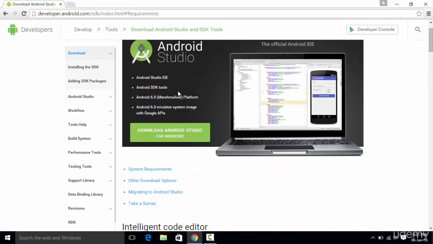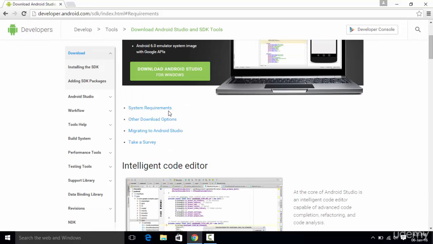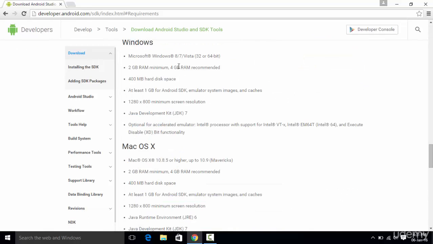an emulator built in which is going to allocate some memory to the emulator or to the virtual device. So it is going to create a virtual device for us so that we could run our Android applications, and it needs to allocate some memory separately to it. So you need at least 4 GB of RAM if you want to install the Android Studio. It works on 2 GB RAM, but the thing is that it takes a lot of time for the emulator to load up, and you'll have to wait a lot for the app to get running on the emulator. And also make sure that you have the 400 MB hard disk space, and the rest of the requirements are